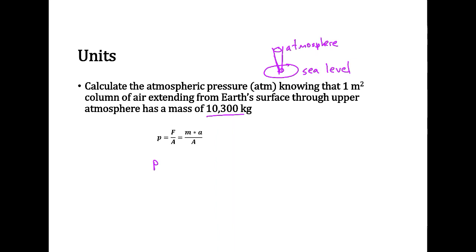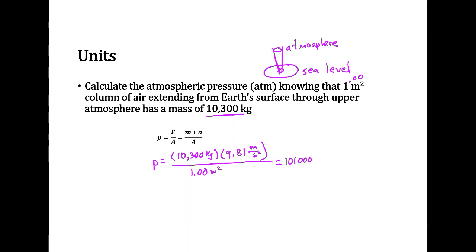Okay, so for us, let's go ahead and add a few more sig figs here. Let's make that 1.00 meters squared. So we're ready to plug in. Okay, so we'll have the force, which we'll use the mass. So we'll have 10,300 kilograms times the acceleration due to gravity, which is 9.81 meters per second squared, divided by the area, which is 1.00 meters squared. What we'll end up getting